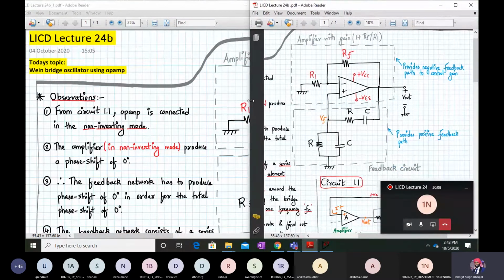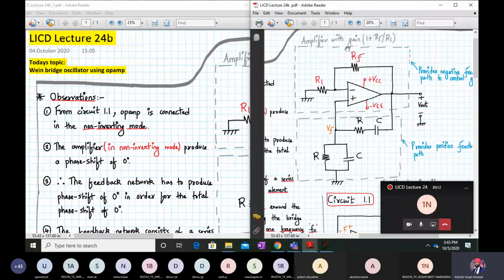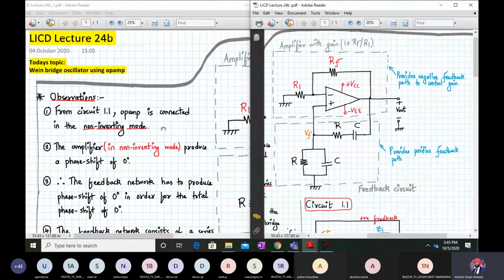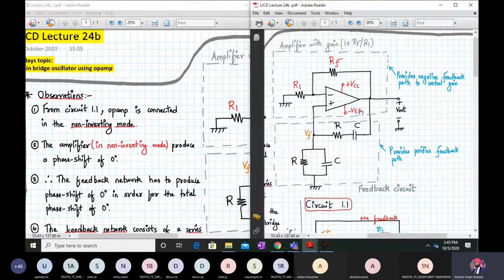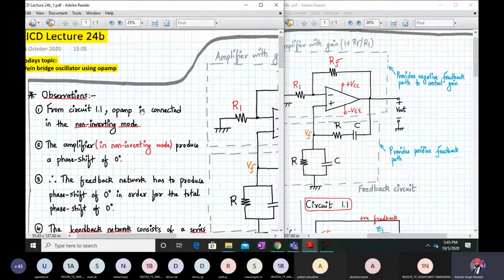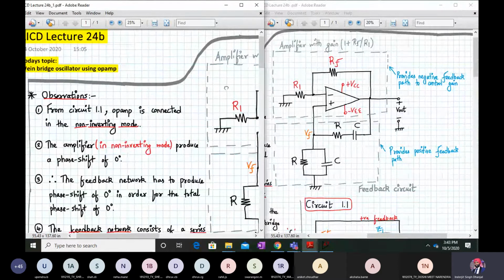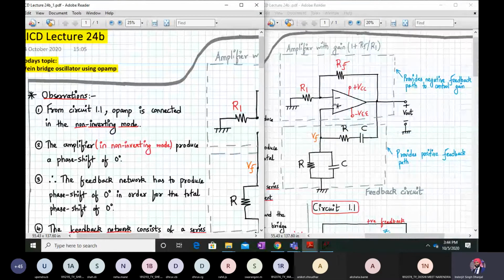Let me expand the width of this diagram a little more. I hope that this is visible now. Fine, now let us start. I need to adjust this properly. Yeah, it's fine now. So in this diagram, if you look carefully, let us understand this diagram carefully now.